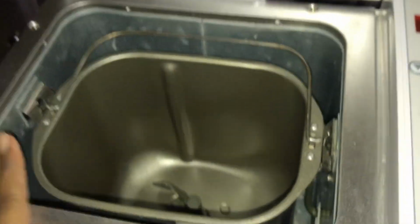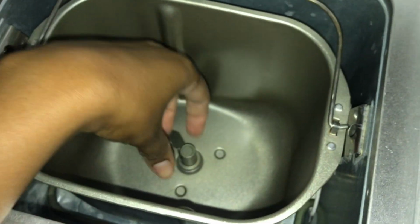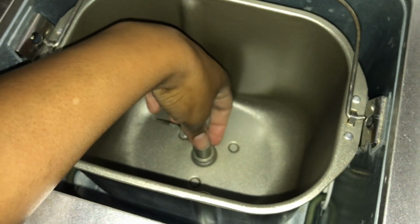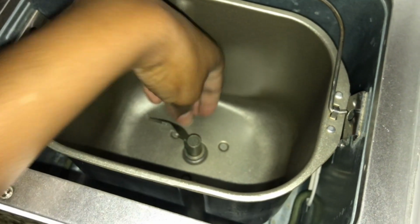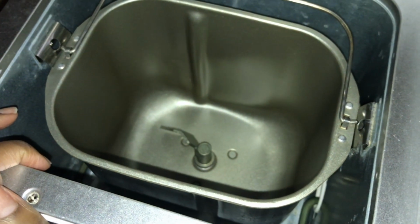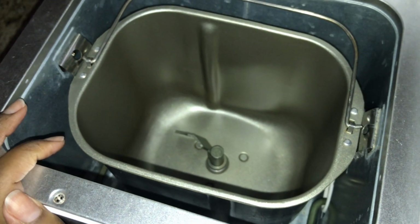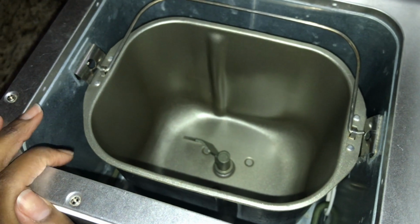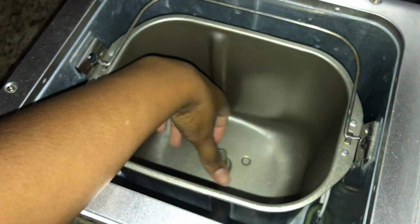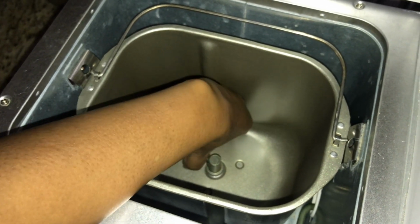So I cleaned the whole cover, all of the venting. I cleaned out the pan. The most challenging aspect was this kneading paddle was seized on the rod beneath it, and I had to try a lot of different things and watch some YouTube videos to figure out how to get it detached. So a combination of hot water, soaking it in that. I sprayed some calcium rust type of removing cleaner. I put oil, and then after I did all those things and it started loosening it, I used a method